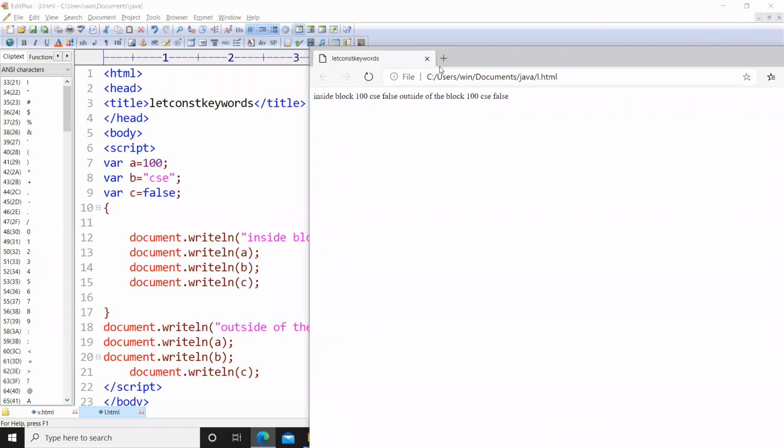I will show inside block by writing something on the screen. Right here, we have written inside block, and it is the output for this particular statement.